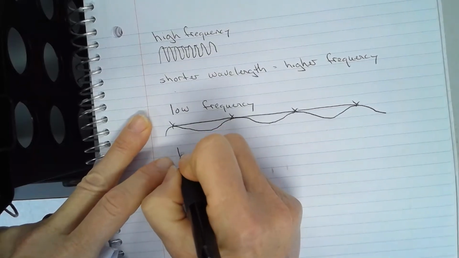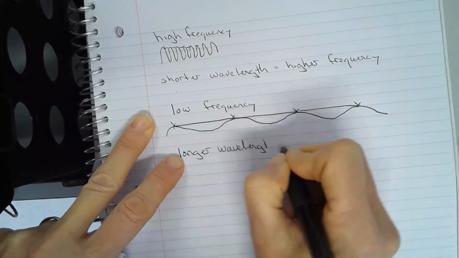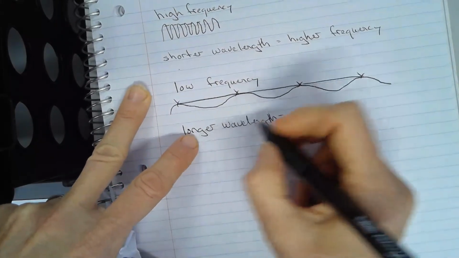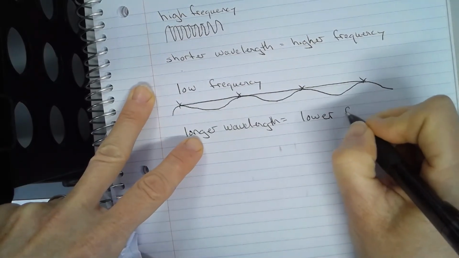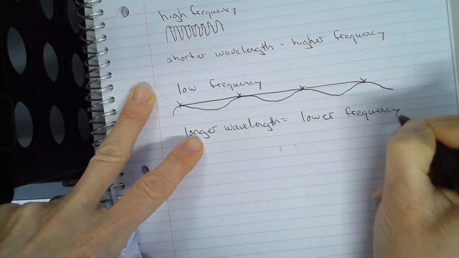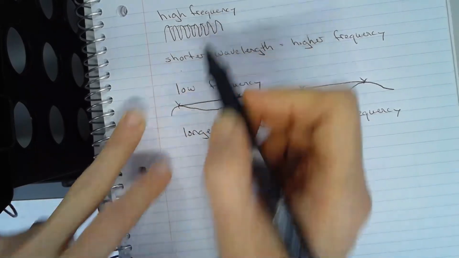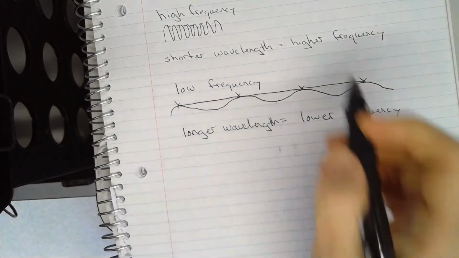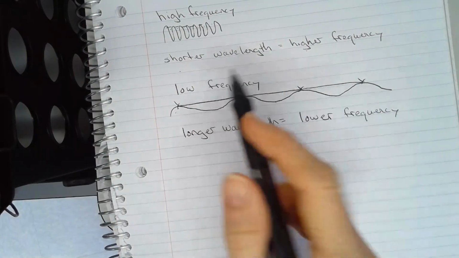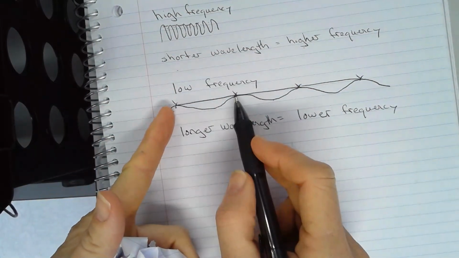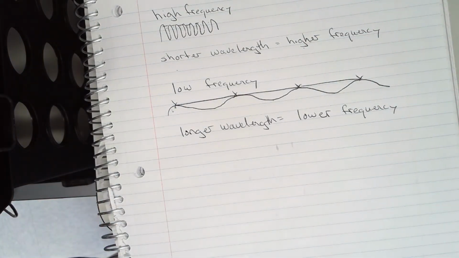It's longer, a longer wavelength has a lower frequency because it doesn't occur very often, right? So here you'd have 1, 2, 3, 4, 5, 6, 7 wavelengths, so they occur a lot. So it's a high frequency. Here you've only got 1, 2, really that same spot, same distance, you only have one wavelength. So the longer the wavelength, the lower the frequency. Okay,